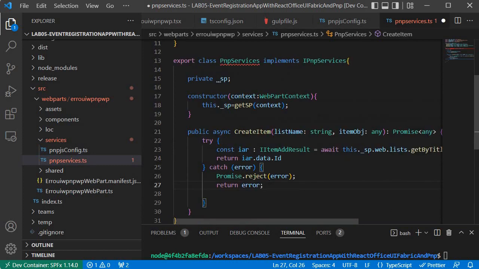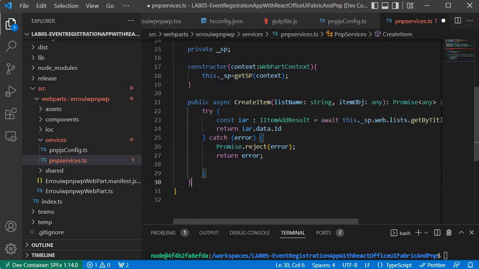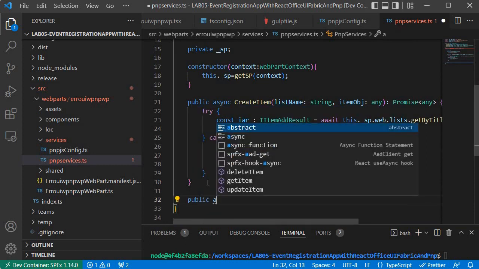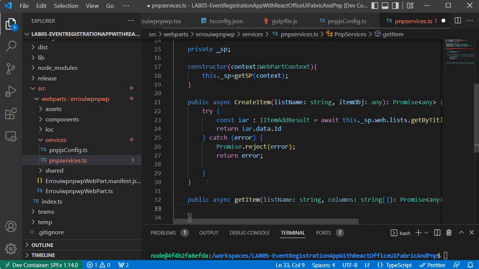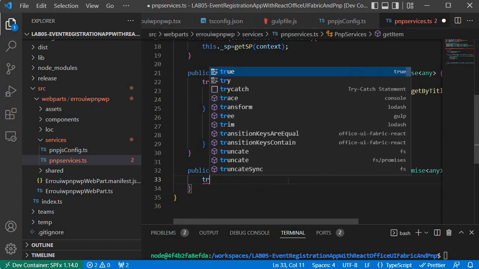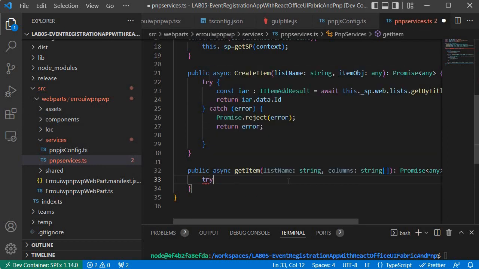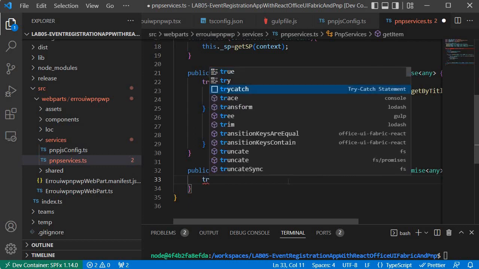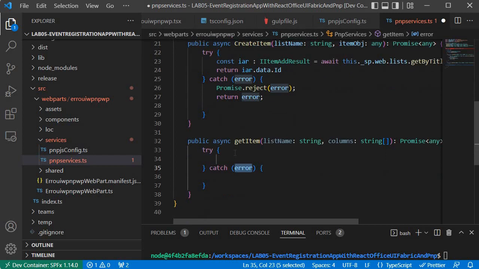Now next we need to define the method for reading the item, that is getItem. So let's do it. For this case I am going to write public, which is of type async, and here I will write getItem, and now I will perform the read operation. So how will we do that, let's look into that. Again I am going to write inside the try catch block, so I can handle the error easily. Make sure that you use this snippet, so that you get the try catch body, and within that body we are going to write